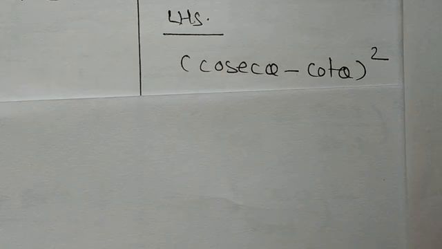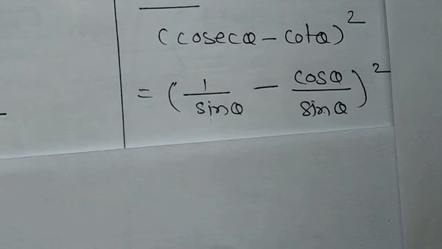Here with cosec theta and cot theta, first you can simply square using (x minus y) square and solve, but the simplest method is what? Convert all these into basic functions, that is sine and cos. So convert cosec in terms of sine and cot in terms of cos and sine. We know the formula: cosec theta equals 1 by sine theta, cot theta equals cos theta by sine theta. So I can write (1 by sine theta minus cos theta by sine theta) whole square.